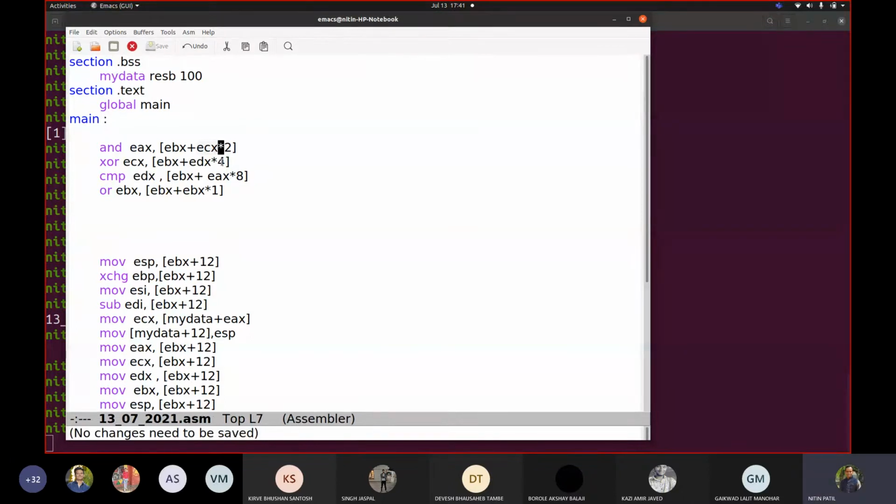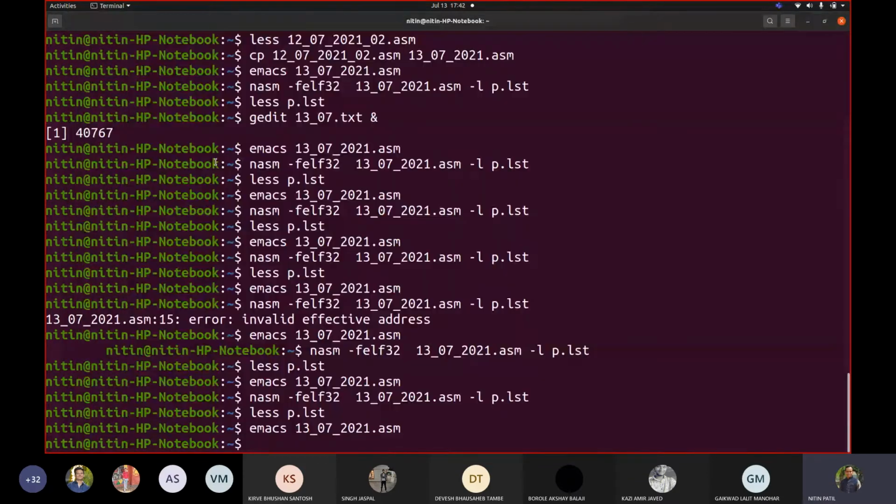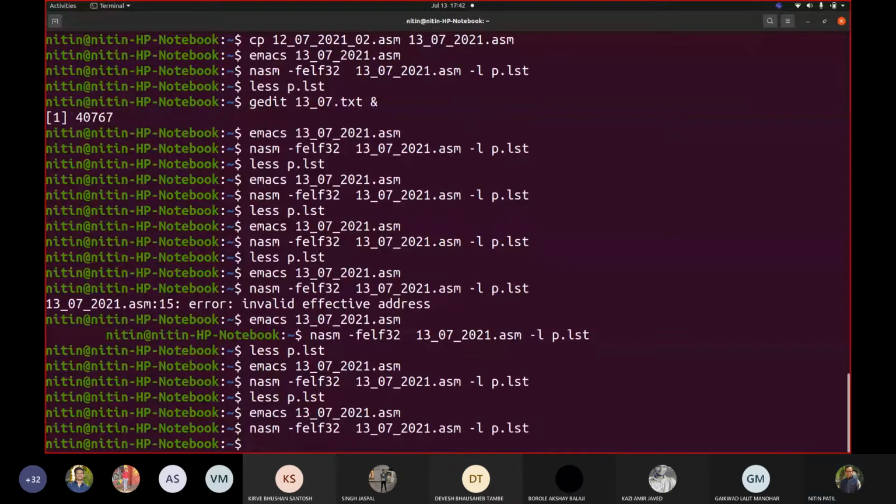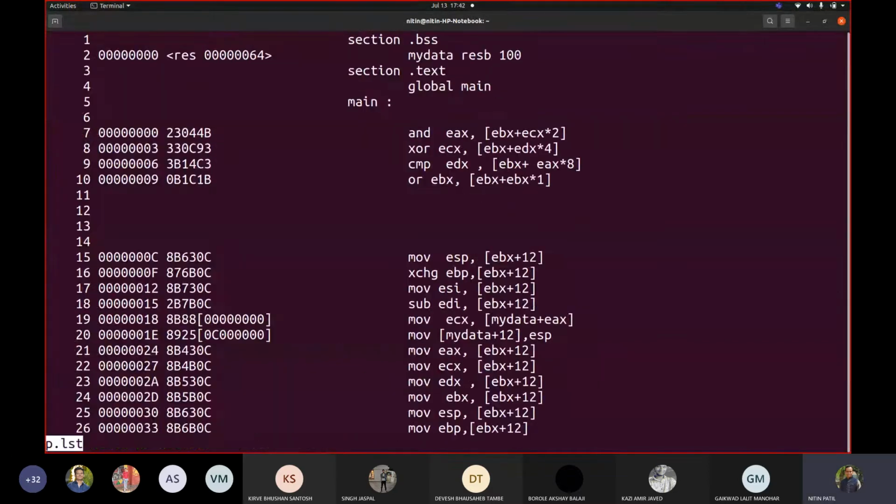This is scaling. Can you see scaling? Scaling EBX to 1, scaling ECX to 2, scaling EDX value to 4, and so on. So it would increase in a multiplier of that factor, multiply factor 1, 2, 4, 8. Okay, let us see now. We would be getting one more byte now added to our code. Now see here. If I concentrate on this, 2304. Now let us concentrate on what this 04 means for us.